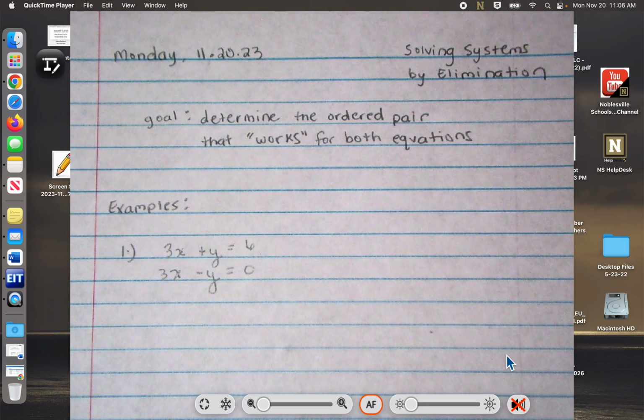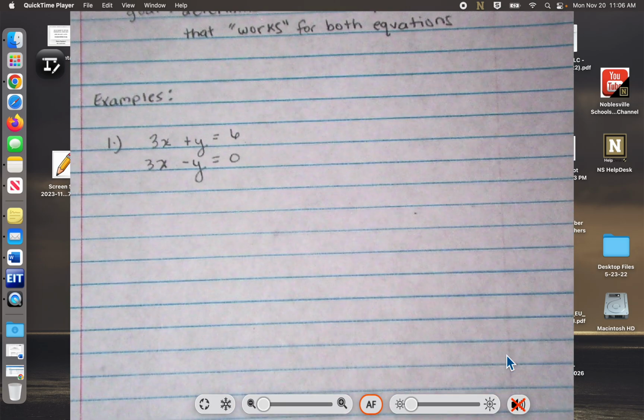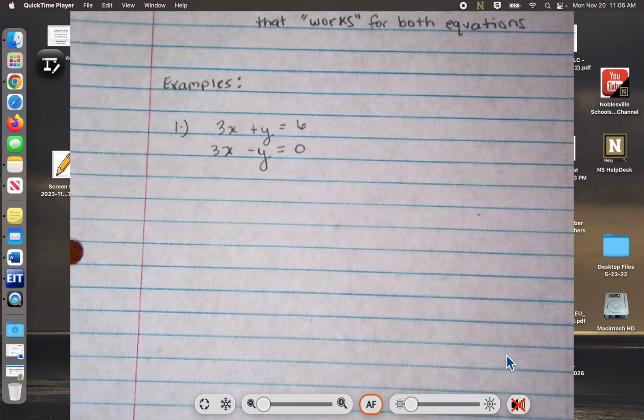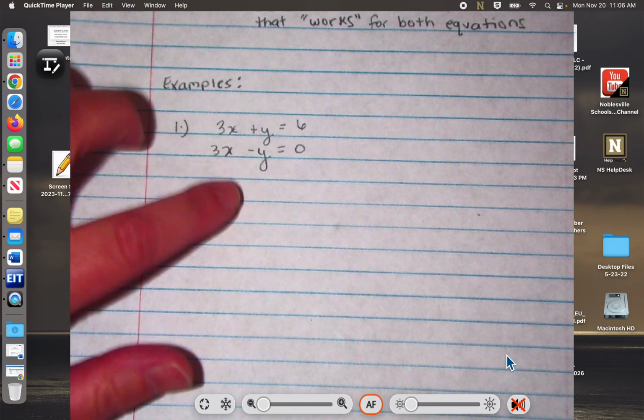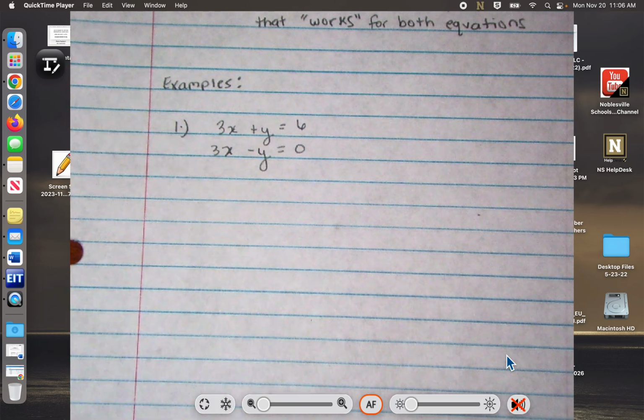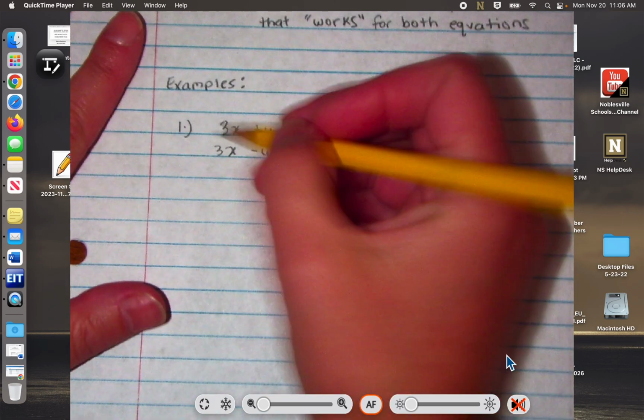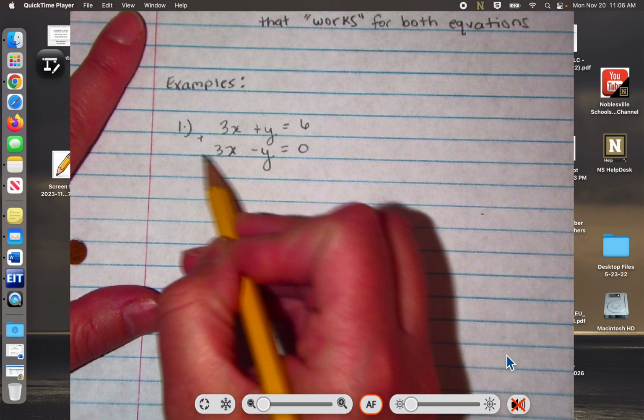Okay, so like I said, we're going to be eliminating a term. We're either going to get rid of the x's or we're going to get rid of the y's. So I want you guys to put your pencils down once you have these both copied. We're going to do look, listen, learn. Make sure we all know what's happening here. So this is going to become like an addition problem. We are going to combine these two equations,